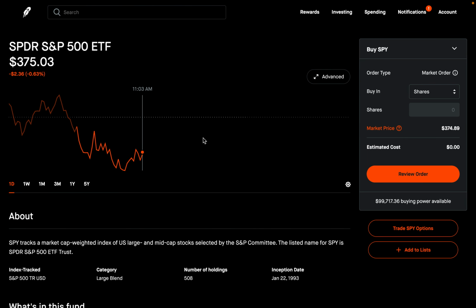Unusual options flow. Options flow uncovers large and unusual options trades to monitor what other traders and institutions are